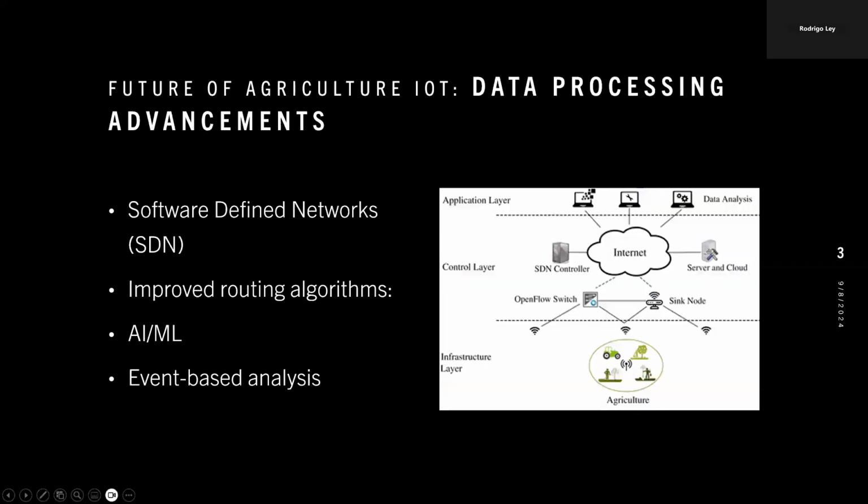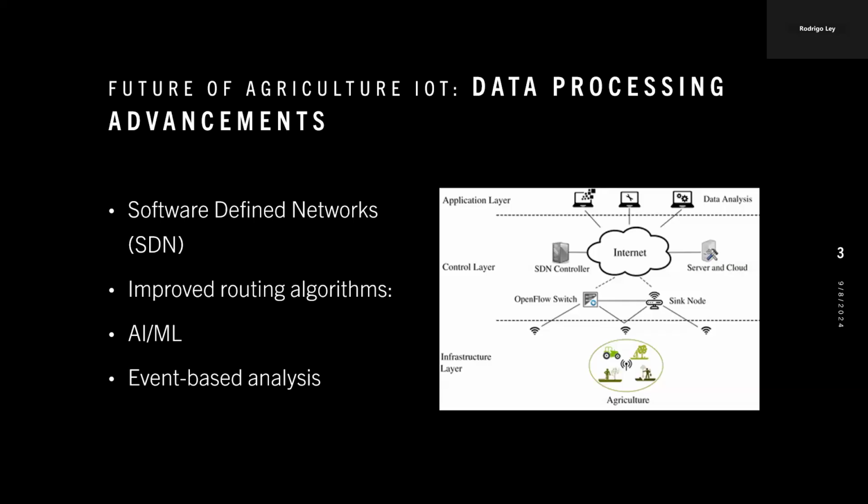The next idea is the thought of improving data processing. With smart agriculture, you're going to have a large amount of data coming from a range of devices, and the data being of a range of different types. And the data has to be quickly handled and processed in real time to identify trends and also flag and even possibly resolve any possible issues. Researchers are proposing ways to quickly and efficiently process data in real time.